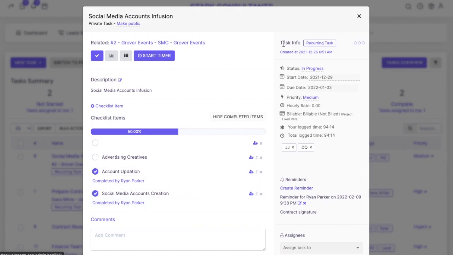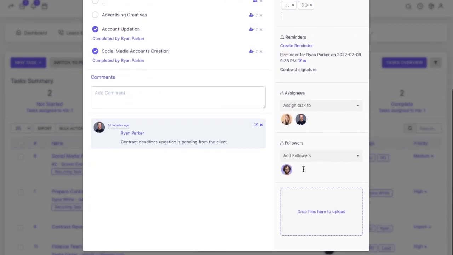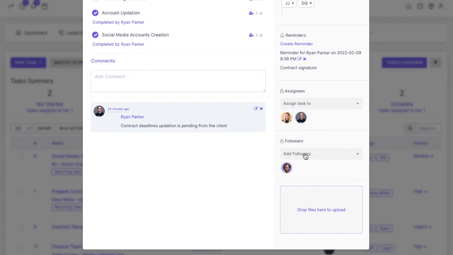You can also see whether this is a recurring task, and when the task was created. You can also see the status, start date, due date, priority, and many more details. Over here, you can also see if any reminders have been set as well. Now, who are the assigned people? You can see them right over here, and followers as well. You can also drop files here and upload them if they are related to this particular